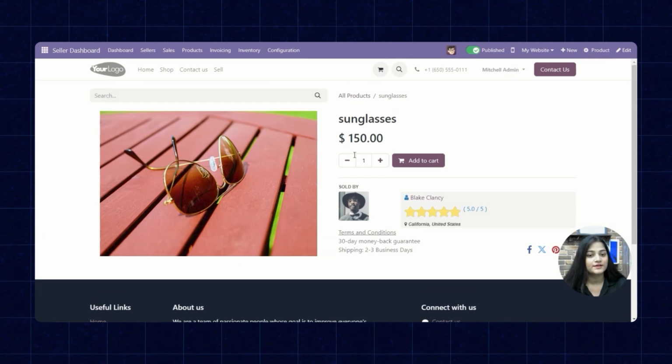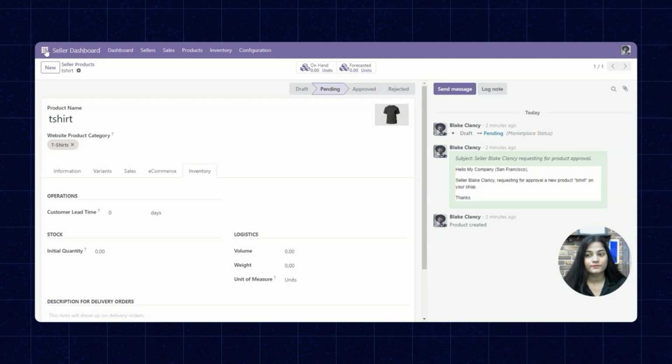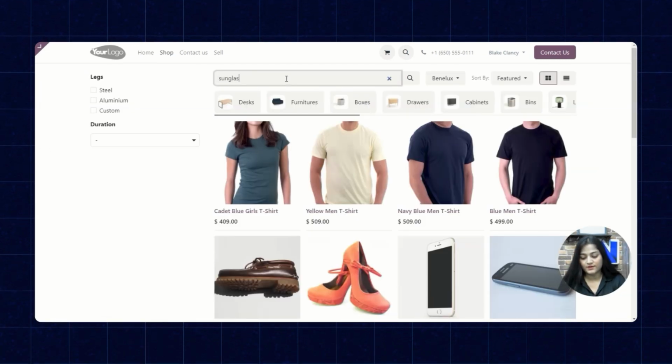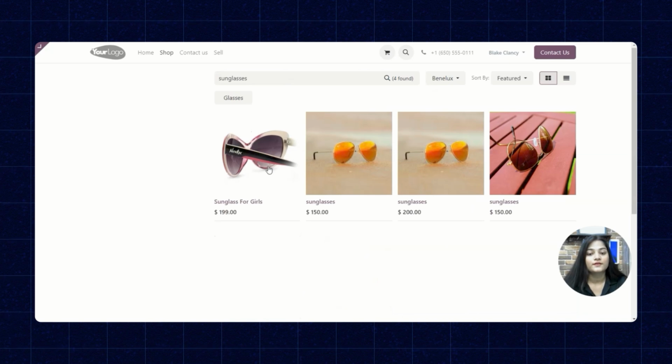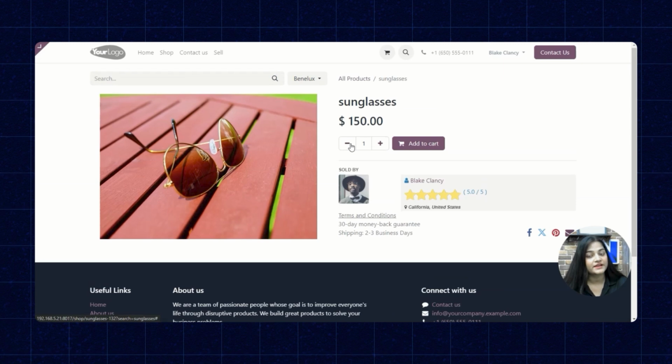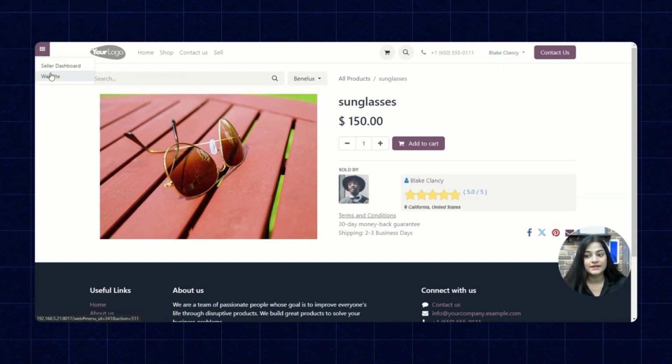Here you can see the product, the detail, the pricing, and the seller details as well. Now if the seller wants to check this product on the seller dashboard end, the seller can also check this product. Let me show you that. Now again we are on the seller dashboard by going to home menu and clicking on the website, choose this shop from there and write down the product name which the admin has created. So you can see the admin has created this product and the seller can also check this product on the website from his end.